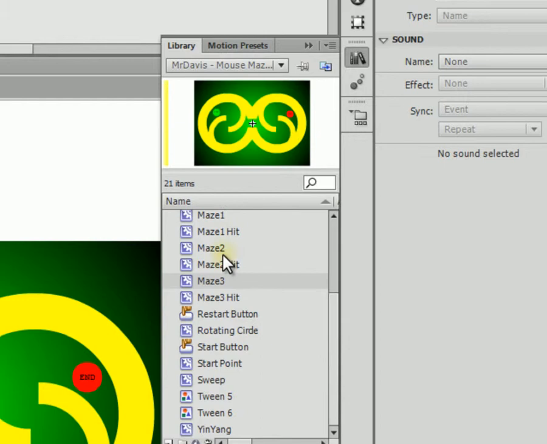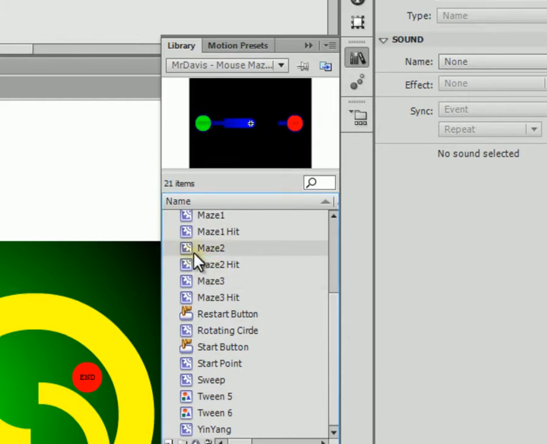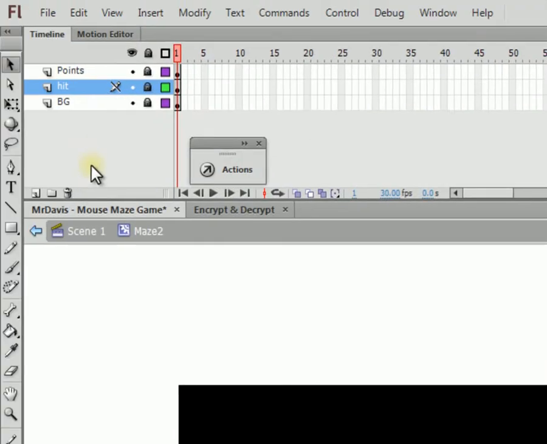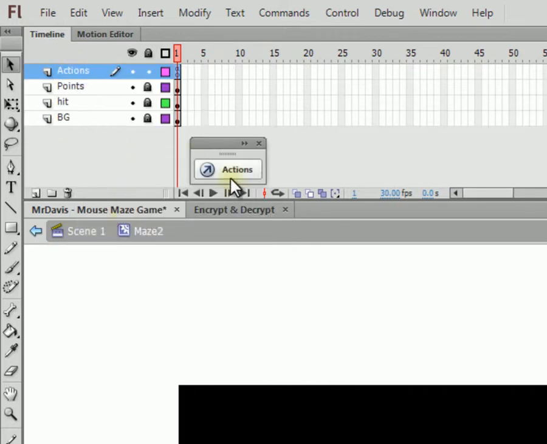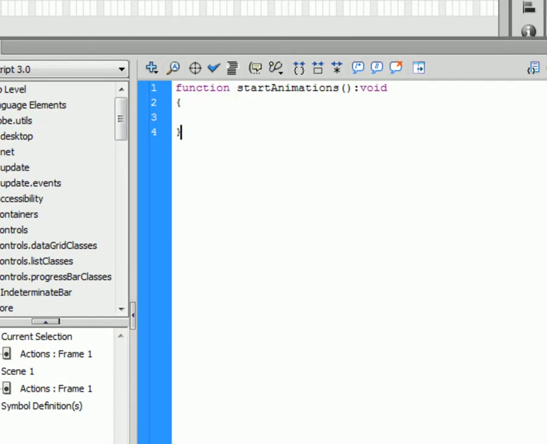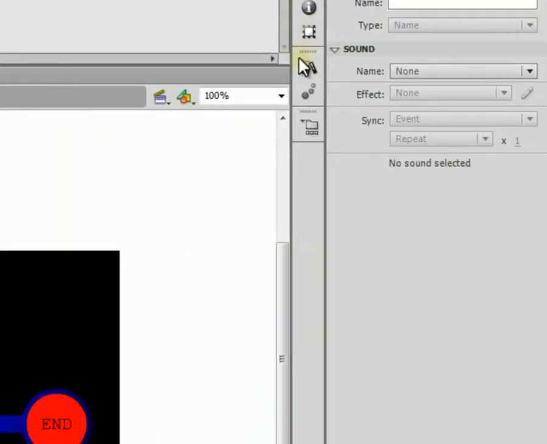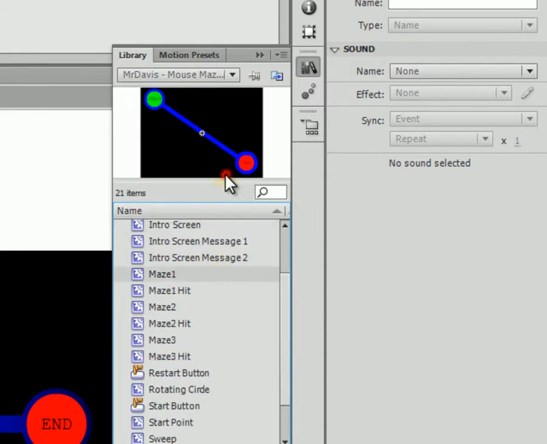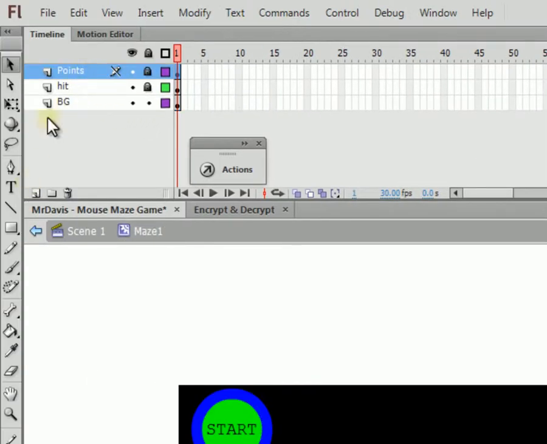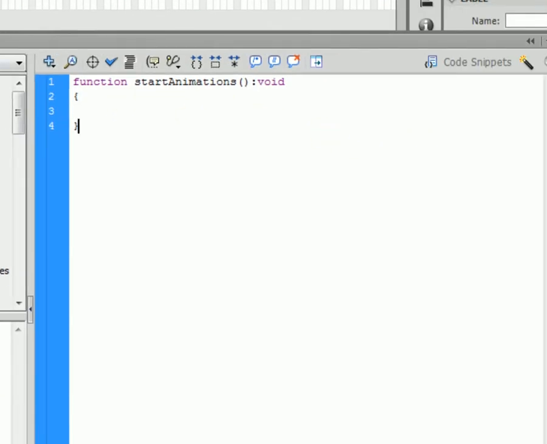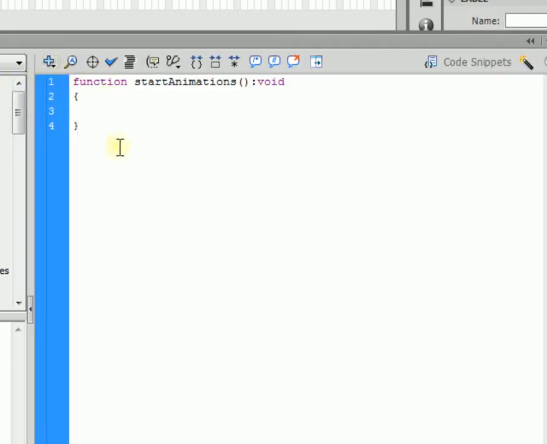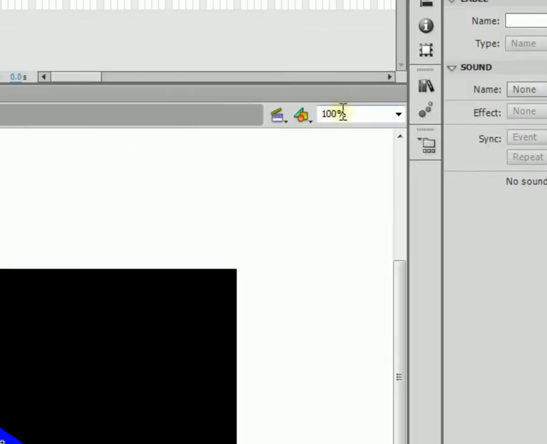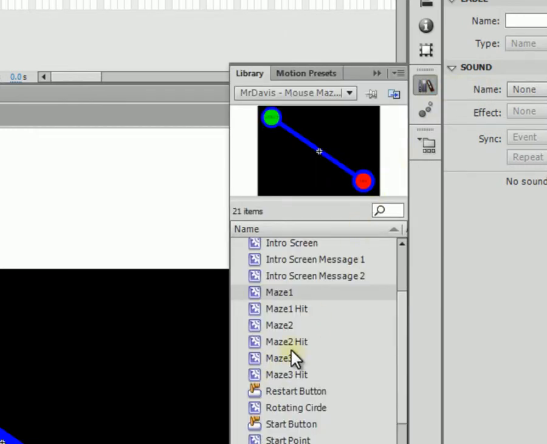So we want maze 2, click on maze 2, go inside. We're going to click somewhere up top. We're going to say paste layer, and if we go under actions, it should look exactly the same. Let's go into our library in maze 1, double click, right click, paste layer. Same thing, should only have start animation. So now every one of our mazes has a layer called actions where it has this start animation function. So back into maze 3, which is the one we were working on,